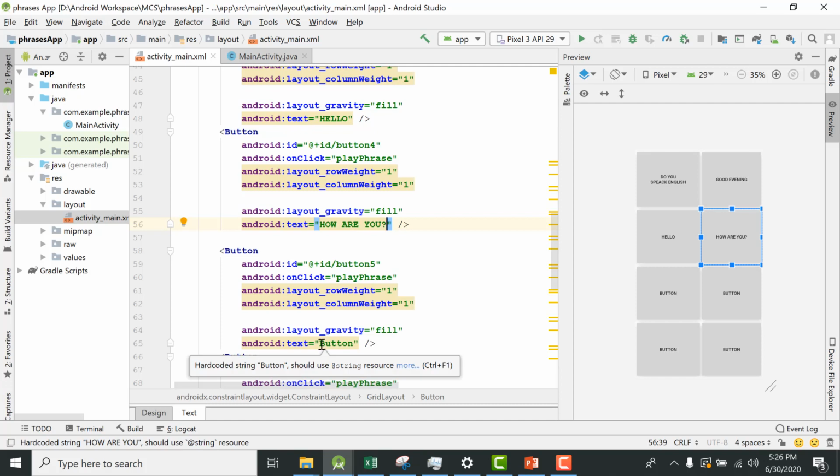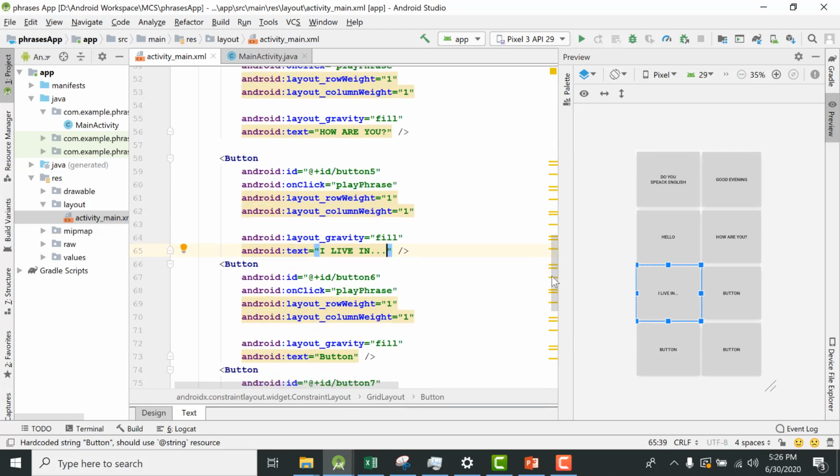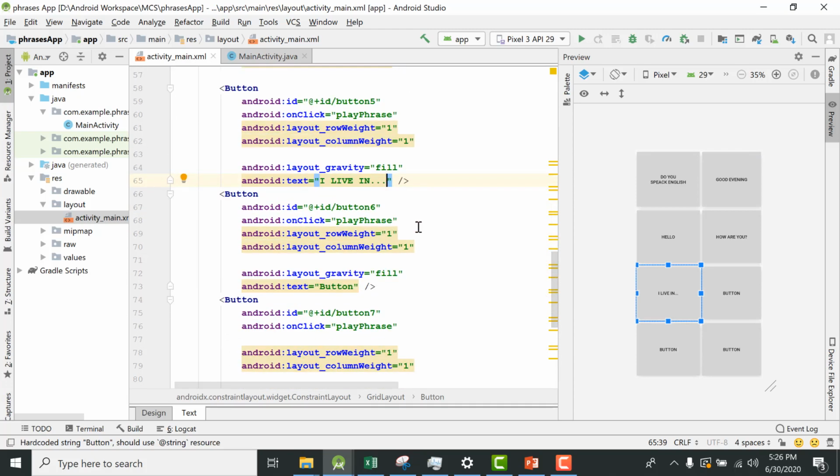And then for the fifth button we are going to add I live in dash dash. How you say this phrase in French, our app will tell us. But for now, let me change the text of these buttons.